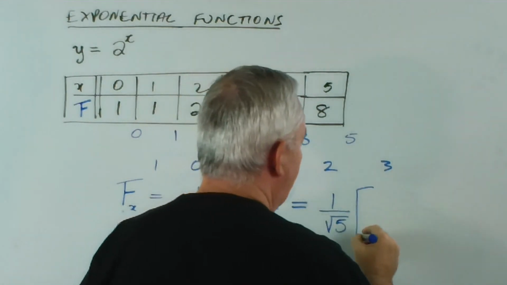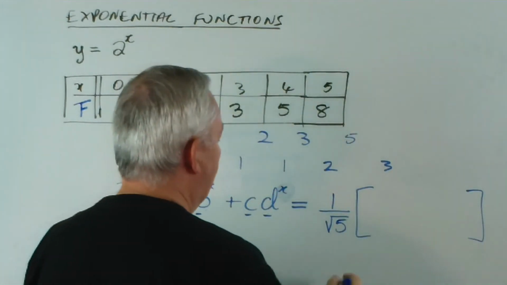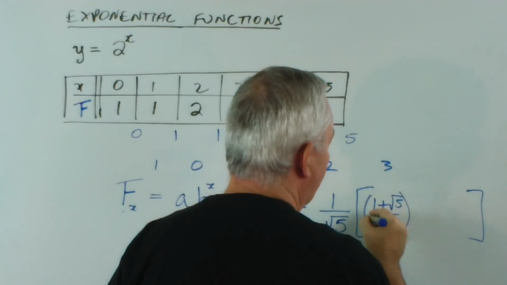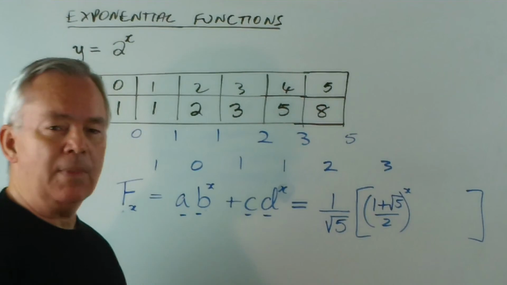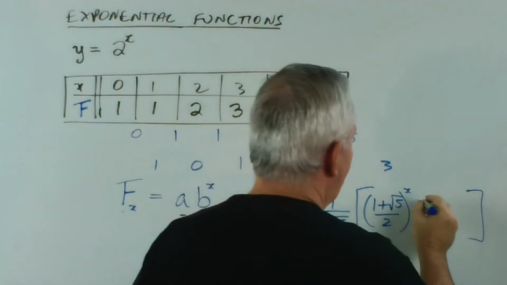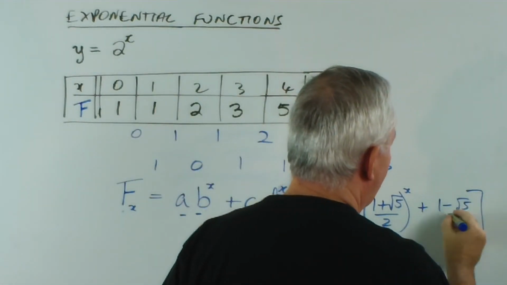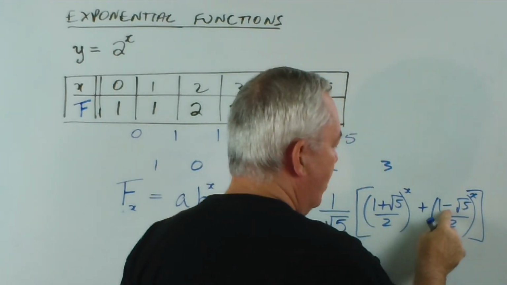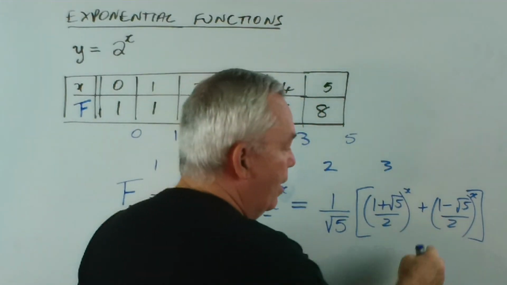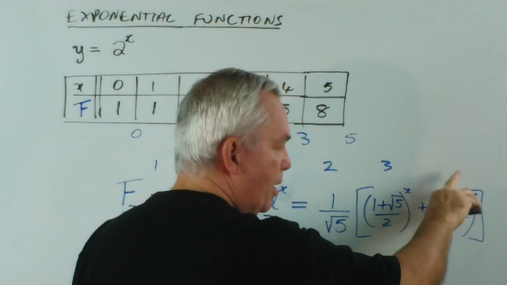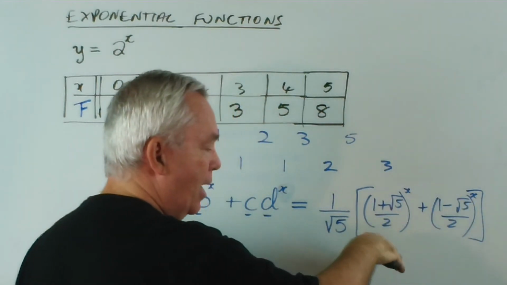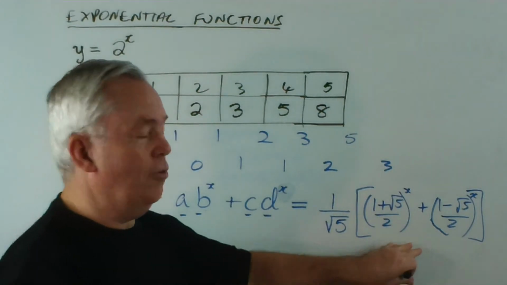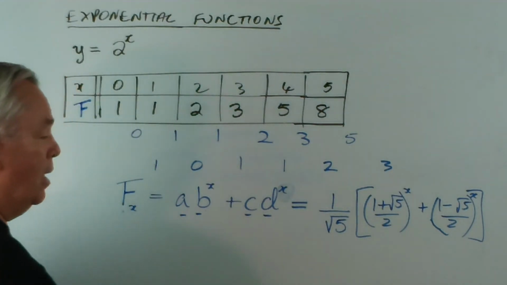And it turned out that the other two terms, one was 1 plus root 5 on 2, which was the golden ratio, and the other was 1 minus root 5 on 2. And because that's negative, because root 5 is bigger than 1, as the power switches between odd and even powers, sometimes it adds, sometimes it subtracts. And that's how we get the jumping effect with the Fibonacci sequence. Here's a formula for the nth term of the Fibonacci sequence. And I stumbled upon it